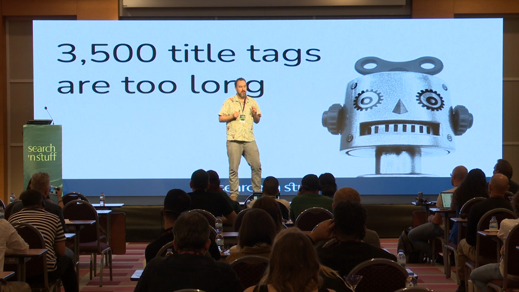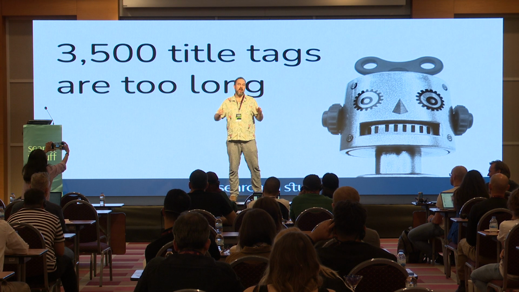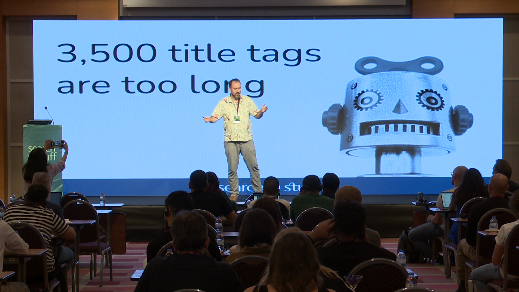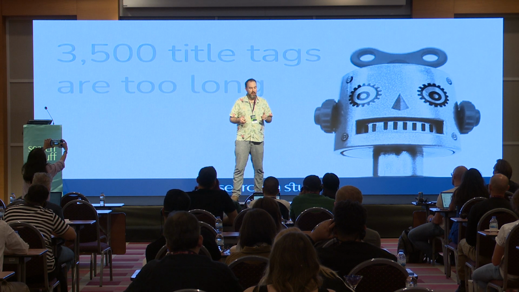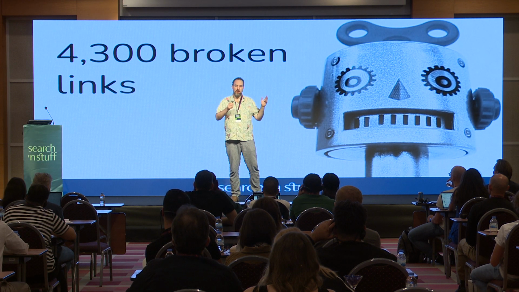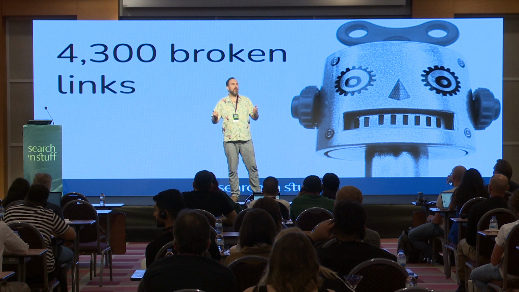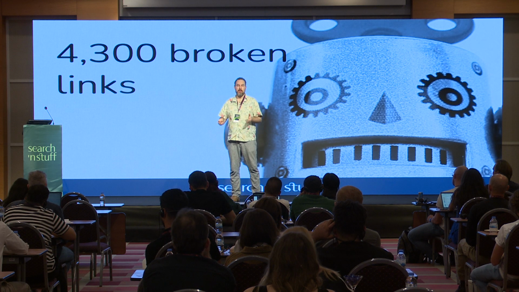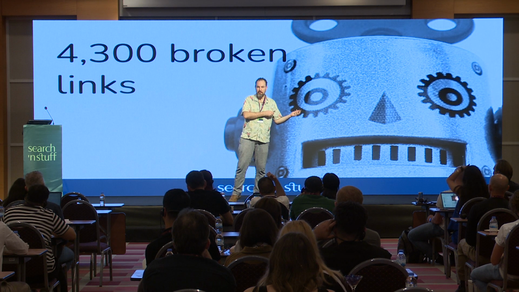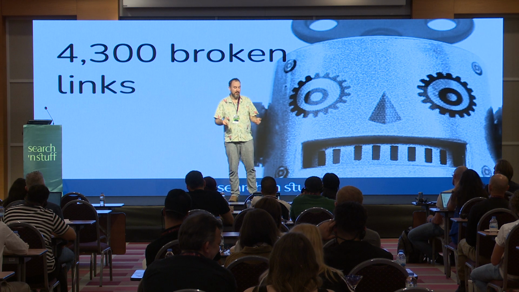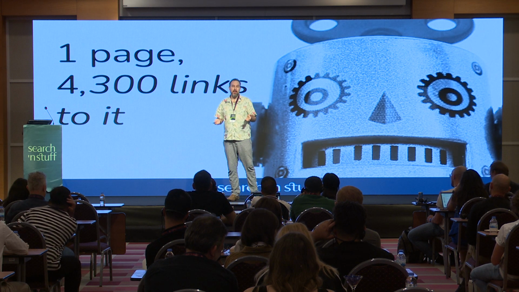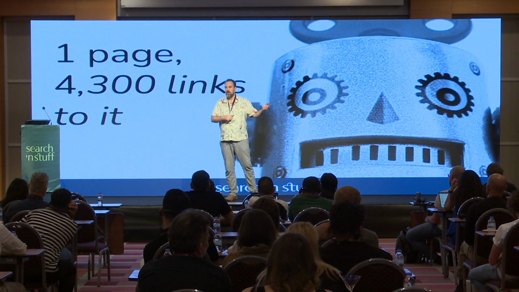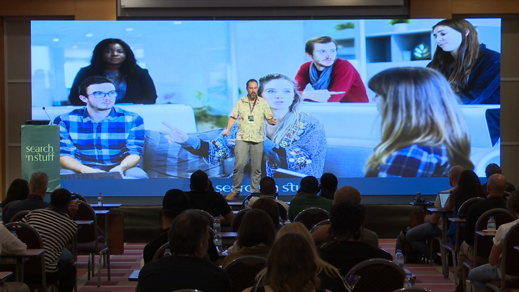I have seen so many audits where it's almost like a list of things, like you have 3,500 title tags that are too long, or above X pixels or something like that. And that just doesn't help anybody. You've got 4,300 broken links, or it's basically a list of problems rather than a description of what the problems actually are. And it sends me crazy when I get these as a client. And I send it to a developer, and the developer looks at me and goes, what the fuck is that for? It can be that it's 4,300 broken links, but it's actually just one page and a footer link across the site or something simple like that. So it's not that big a problem.